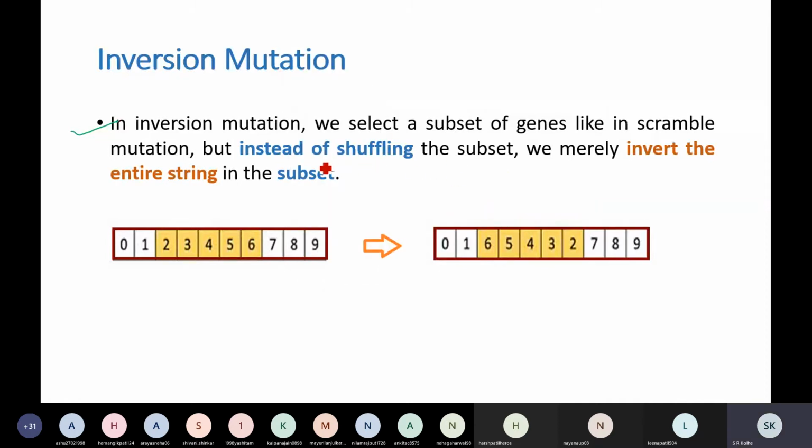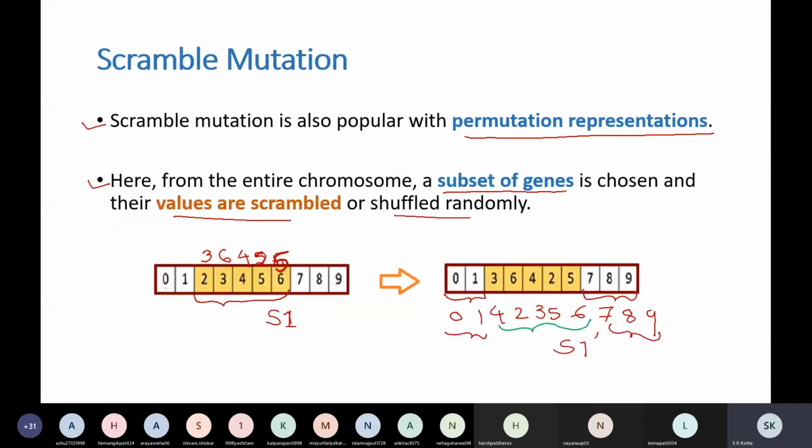But instead of shuffling, we invert the entire string in the subset. Therefore, we call it inversion mutation. Same as the previous technique, that is scramble mutation.